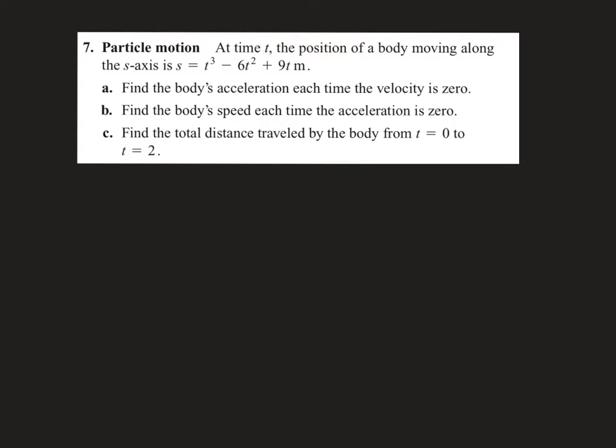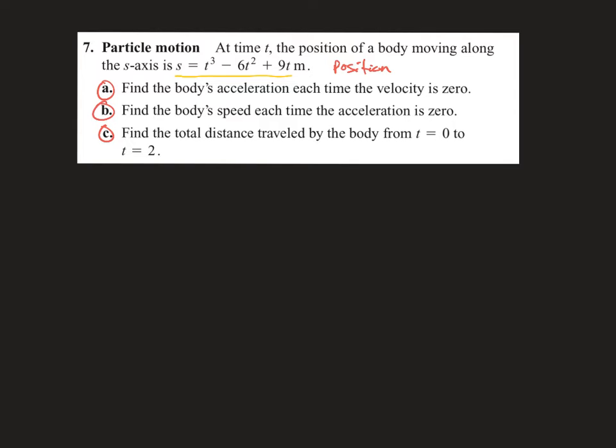So we've been looking at the calculus of motion, and recently you were assigned this number 7, which is about particle motion. At time t, the position of a body moving along the s-axis is s equals t cubed minus 6t squared plus 9t meters. And so this function here is our position function, right? We are calling our position function s. And we're supposed to answer A, B, and C